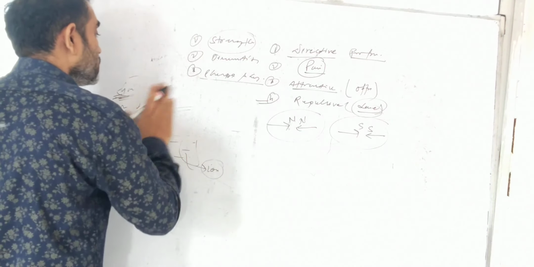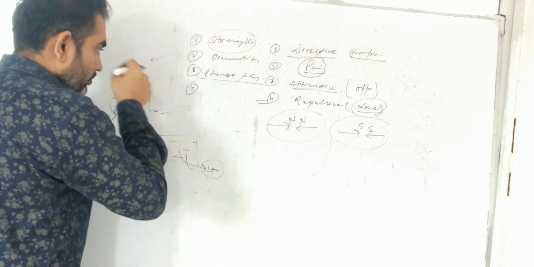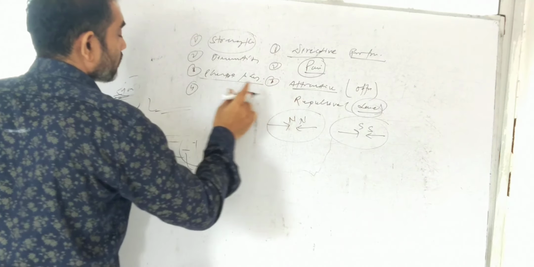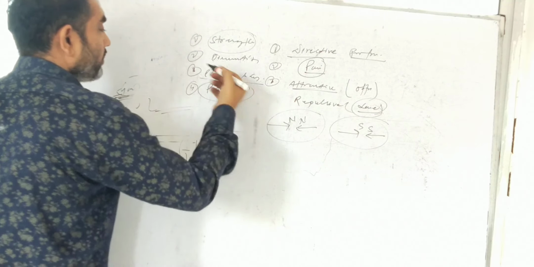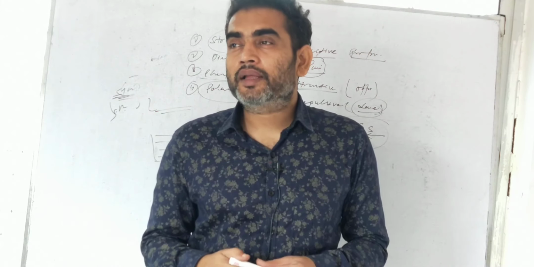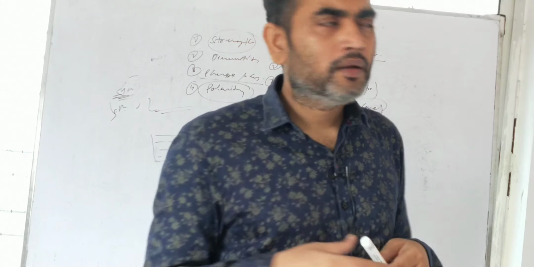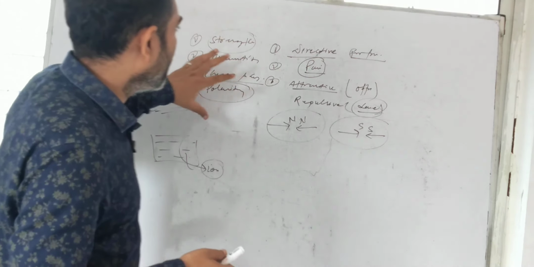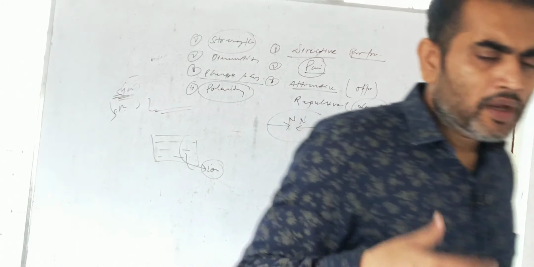And the last reason, and the most important reason, is polarity. The polarity of a natural magnet cannot be changed, but the polarity of an artificial magnet can be decided according to us. That is the main reason to prepare artificial magnets. So in magnetism, next we will revise another chapter.